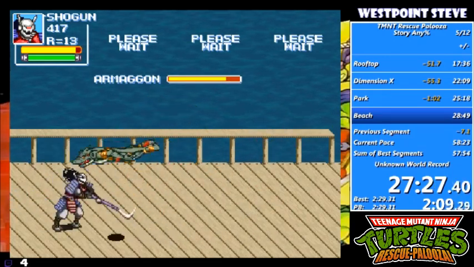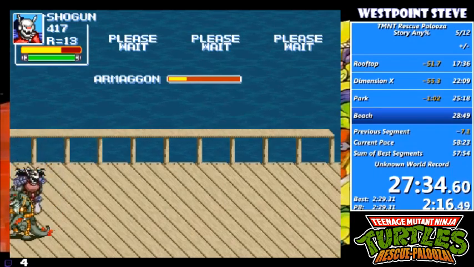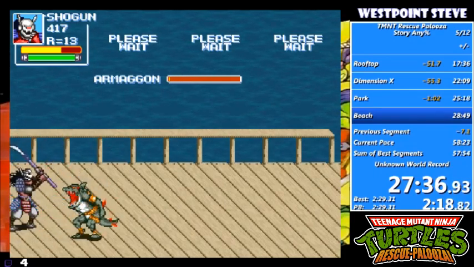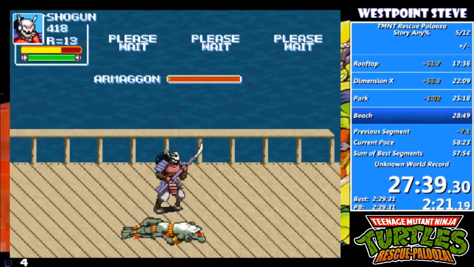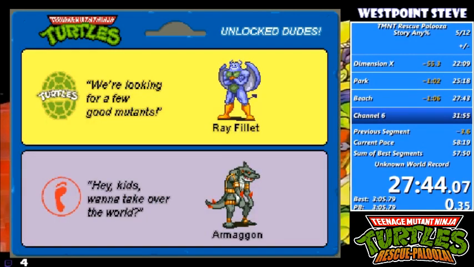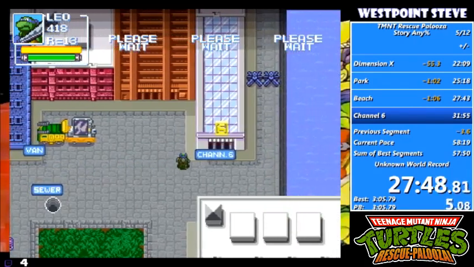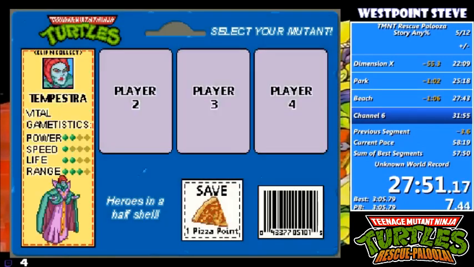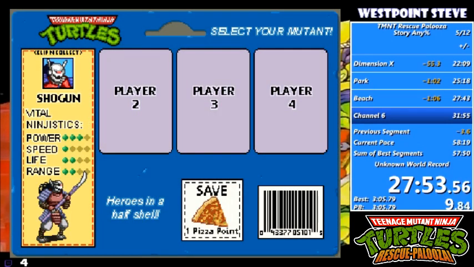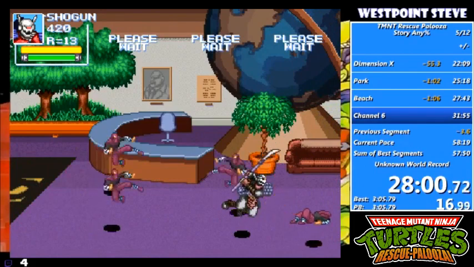Armageddon? Yeah, I guess you say Armageddon. I don't know how you say the name because I don't recognize where he comes from, to be honest with you. But I do know he comes from one of the games because I've seen the character before, but I don't recognize the name. Ray Fillet. So when we started out, I picked Ray Fillet because of his power, and he did pretty good. Like how I beat the game the first time was with Ray Fillet,